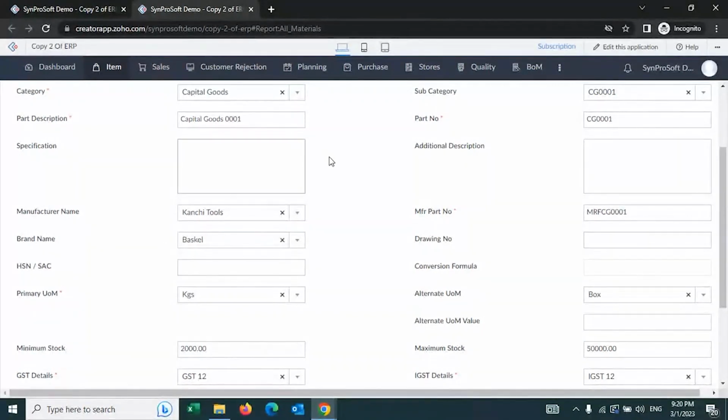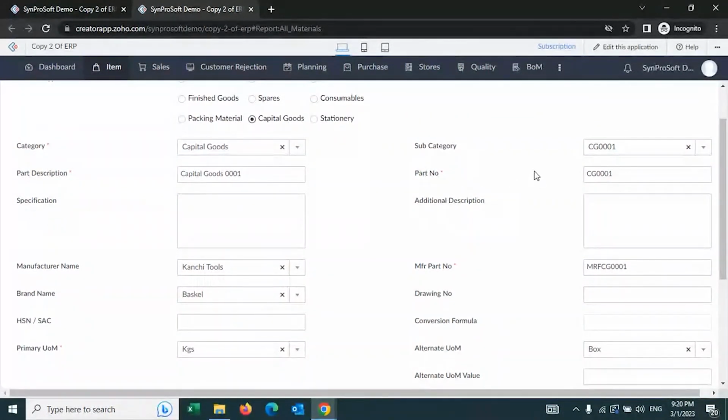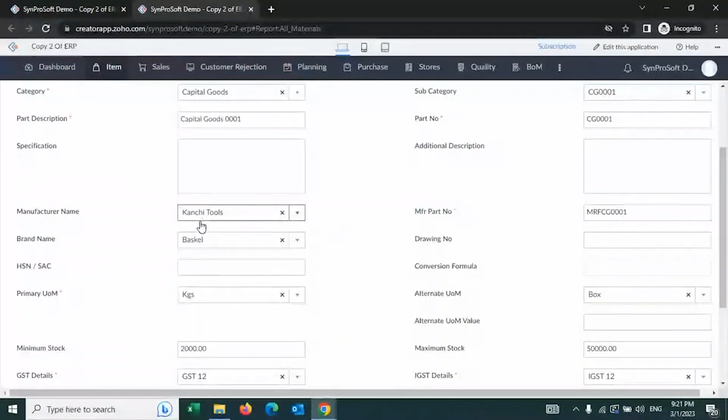Now let me drill down further and show you some of the important data points that are associated here. The part number, all of us will be very familiar with. This is the unique part number that is created for every item, along with the manufacturer name and the manufacturer's part number. This is also very crucial. A lot of times, the manufacturer's part number is what your customer is going to give. So based on that, you will be able to pick which relevant part number we are going to use for manufacturing. That's where this comes into the picture.